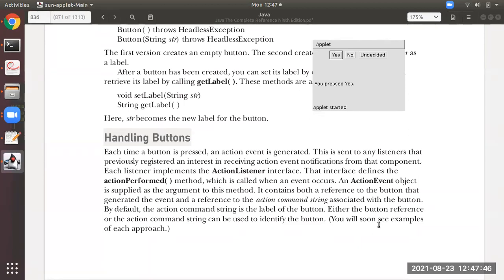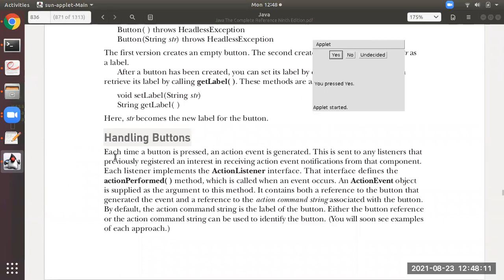So that is nothing but when a user presses a button or whatever, an activity is generated. So listeners should be there who should listen to that event which is generated. And after that, a proper notification should be given or a proper message should be given. So that is done with the help of listeners.